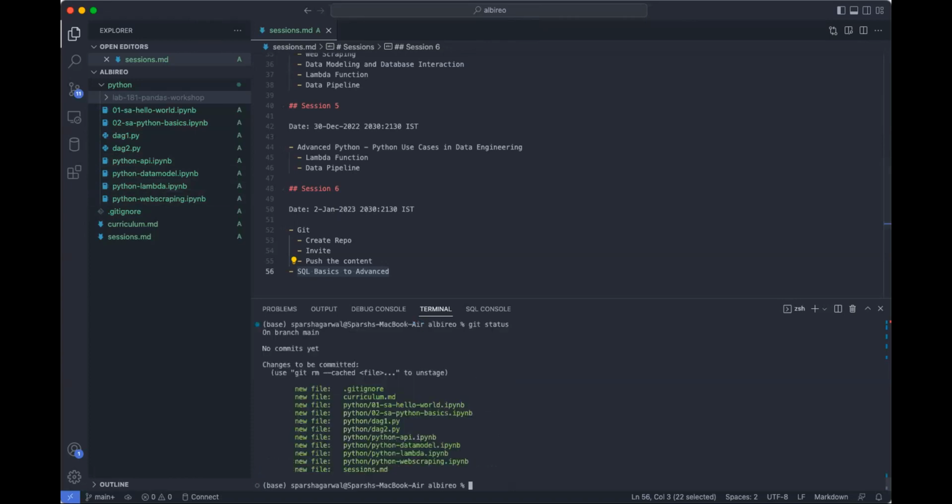What is the status now? Okay, now they are saying that nothing is untracked. Everything is tracked, but still not committed. So now we'll create our first commit, and for that we say git commit, and we also need to pass